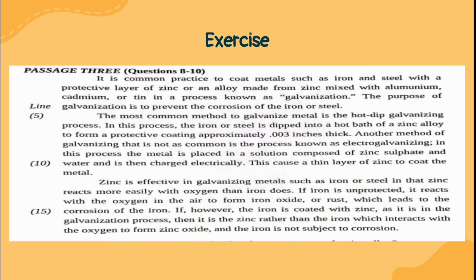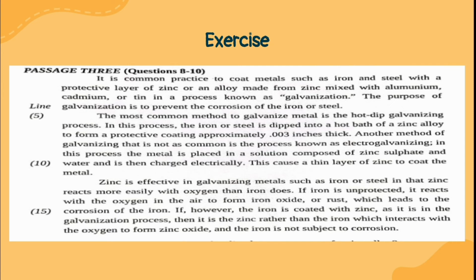It is common practice to coat metal such as iron and steel with a protective layer of zinc or an alloy made from zinc mixed with aluminum, cadmium, or tin, a process known as galvanization. The purpose of galvanization is to prevent the corrosion of the iron or steel. The most common method to galvanize metal is the hot dip galvanizing process. In this process, the iron or steel is dipped into a hot bed of a zinc alloy to form a protective coating approximately